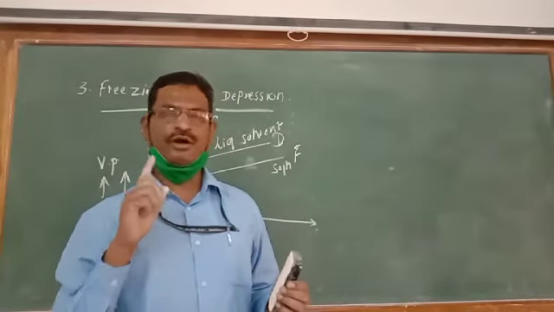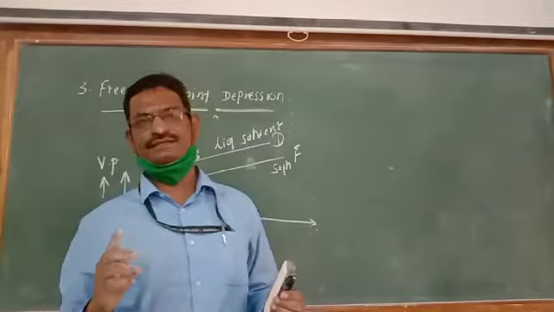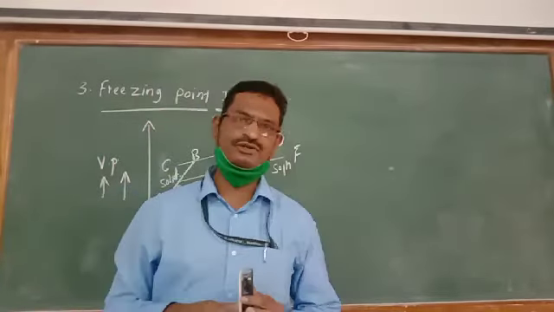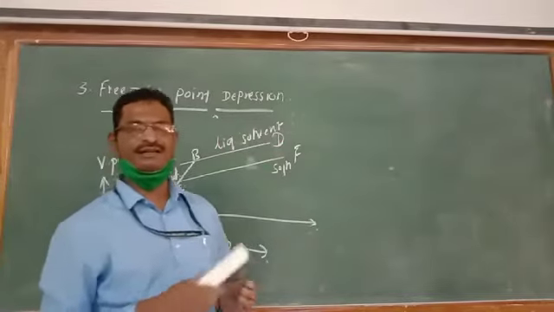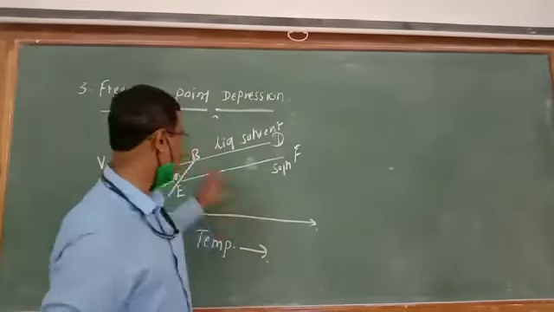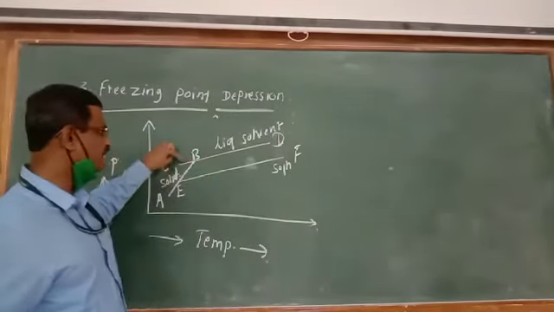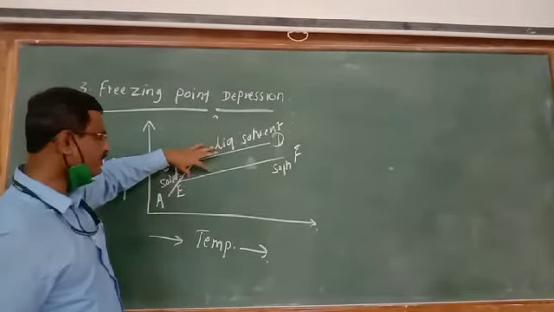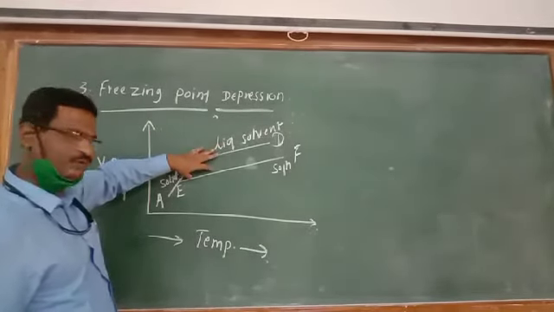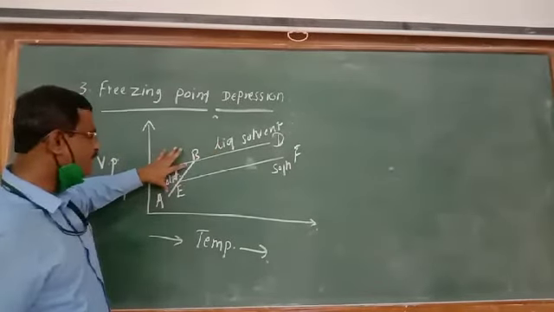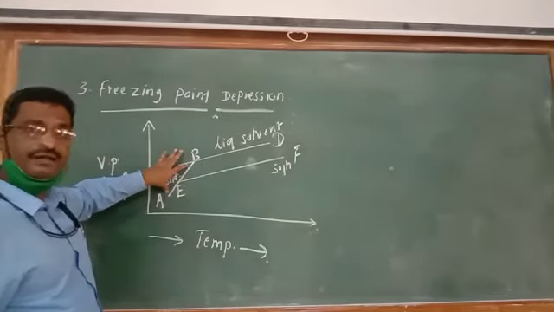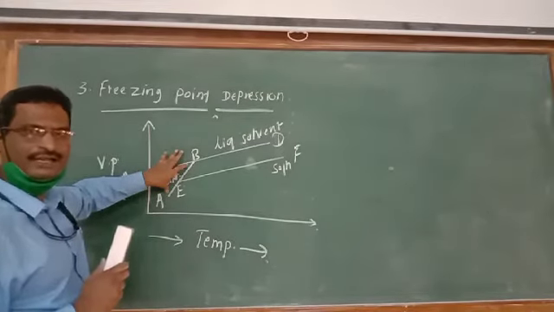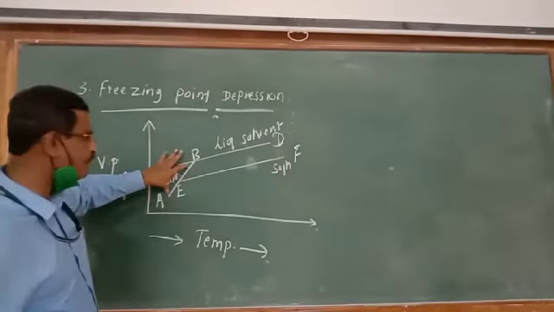Therefore, the number of molecules decreases, which means the vapor pressure also decreases, and hence the vapor pressure of the pure solvent is greater than the vapor pressure of the solution. So CD is the pure liquid solvent with greater vapor pressure, and EF is the solution with less vapor pressure. AB is the pure solvent but in the solid state, and as I have told you in the comparison of solid, liquid and gas, solid always has the minimum vapor pressure.